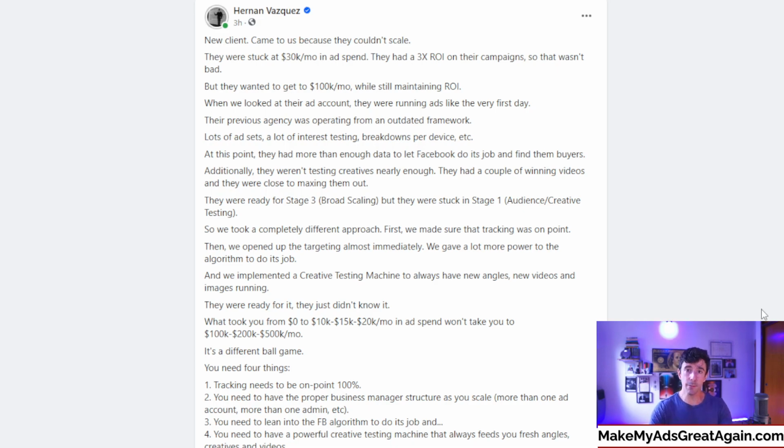But anyways, let's talk about this thing. Let's talk about how or why many high ticket coaches and information businesses cannot scale past that mark, past the $20,000, $30,000 a month in ad spend, because when they try to do that, their math doesn't work, the economics of their funnel don't work,